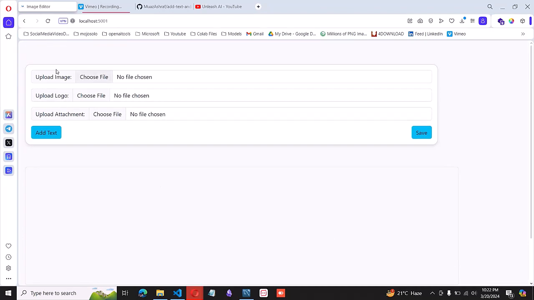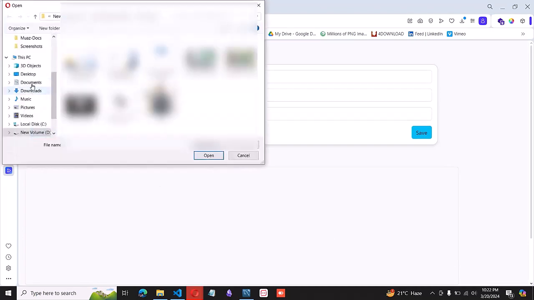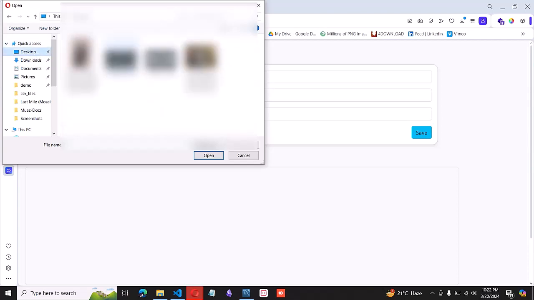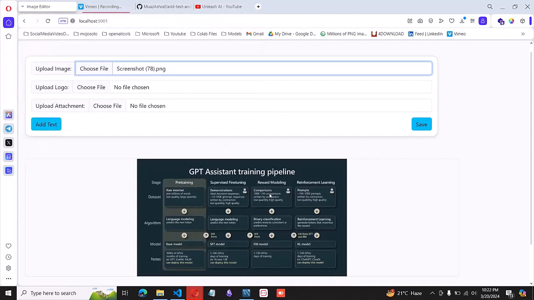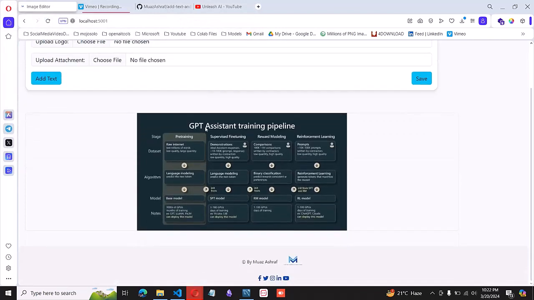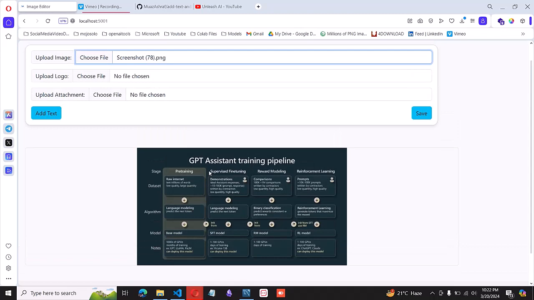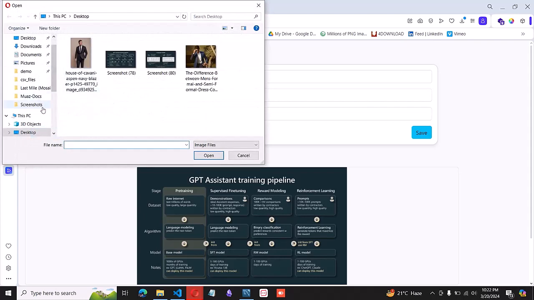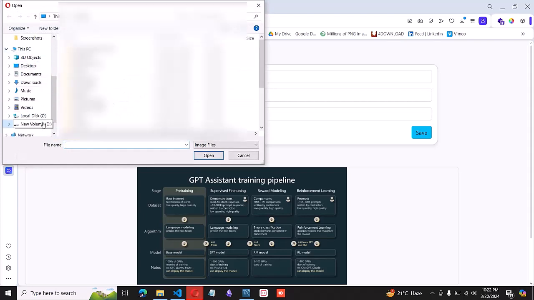First of all, I will upload an image, any kind of image. I go to the desktop and I go to that screenshot. This is some kind of GPT screenshot: stage, dataset, algorithms, models, nodes, etc. So what I can do is I can upload my